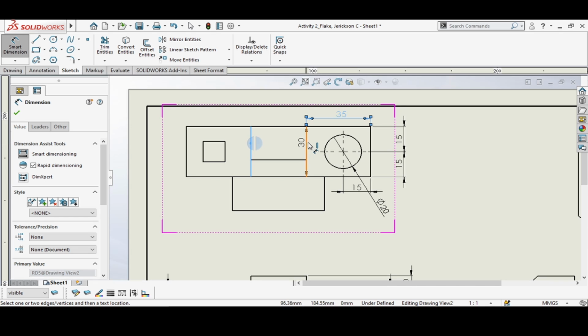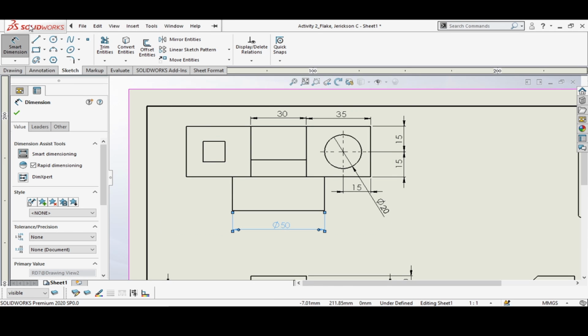This one and this one should be 30. And again, the diameter of this is 50. And for this part,